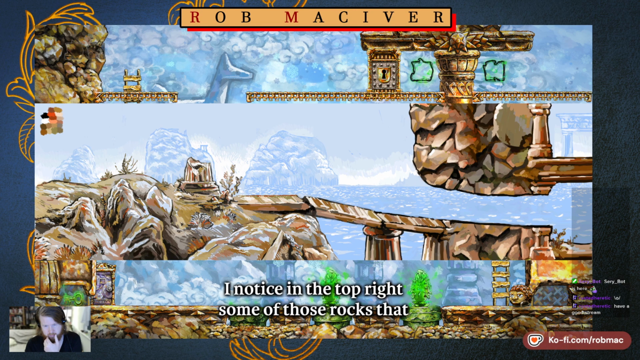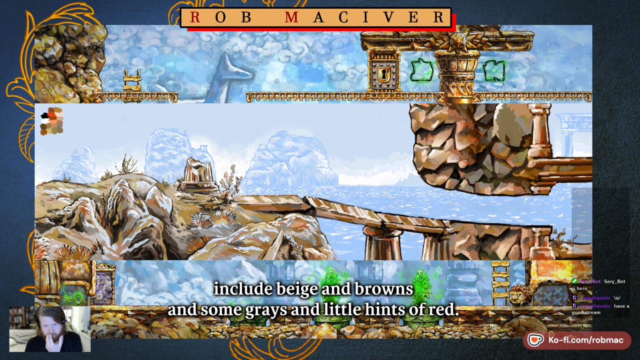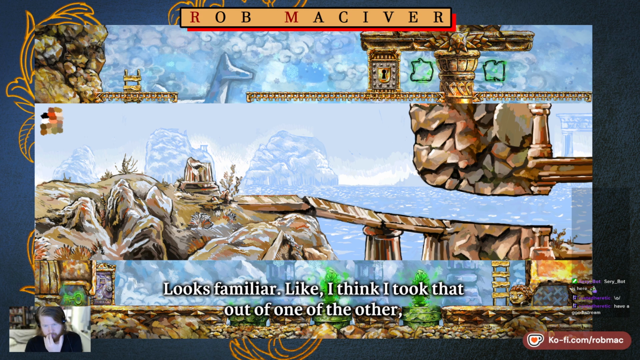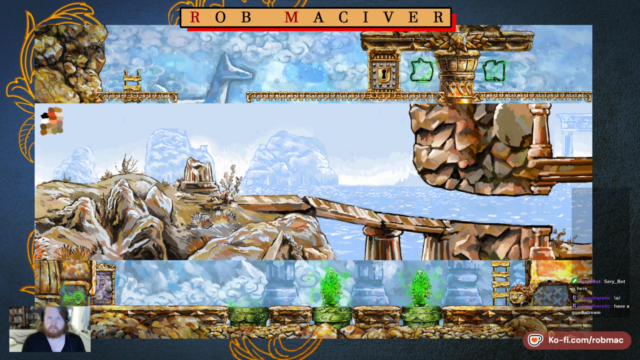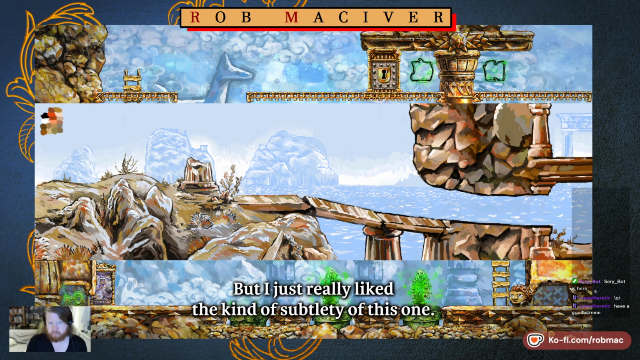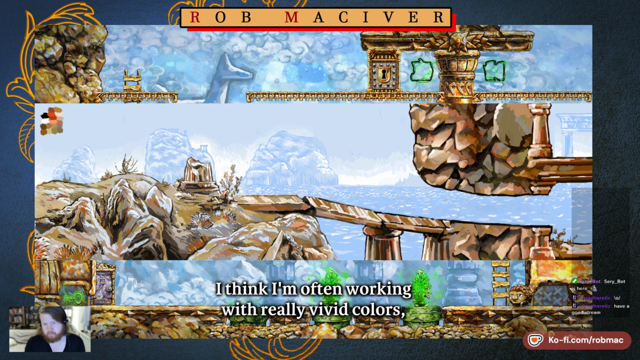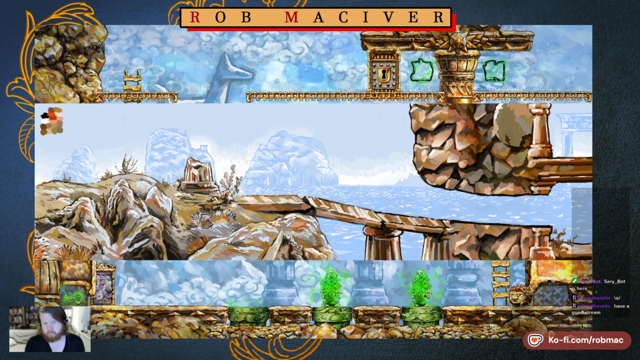I noticed the top right, some of those rocks that include beige and browns and some grays and little hints of red. Looks familiar, like I think I took that out of one of the earlier pieces of concept art for World 3. But I just really like the subtlety of this one. I'm often working with really vivid colors, but I really like the beiges, grays, greens, golds that are all pretty subtle